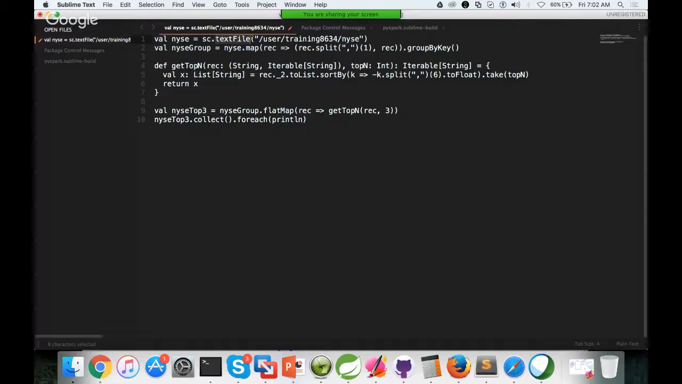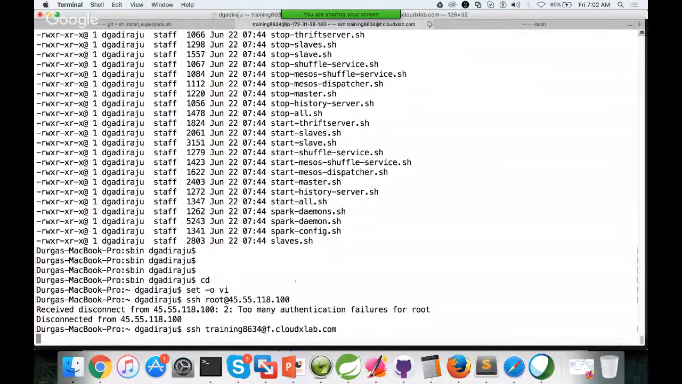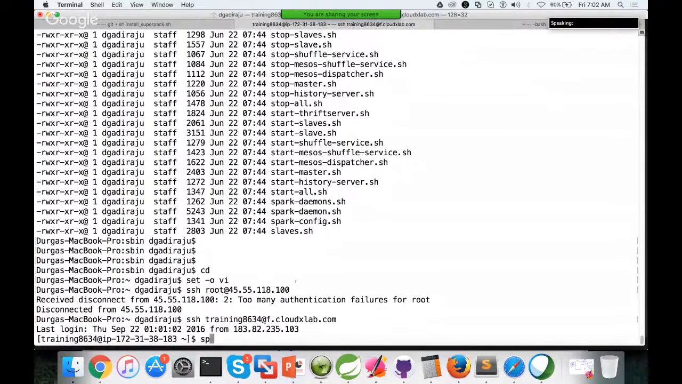textFile is an API or function which takes the path as a parameter, and what it will do is actually create an RDD. So here, if I log into the cluster, run Spark shell,